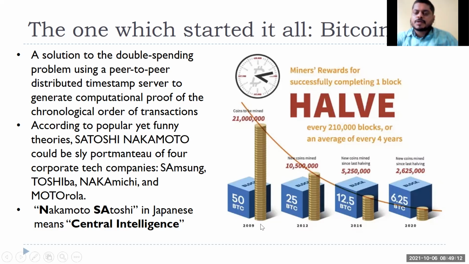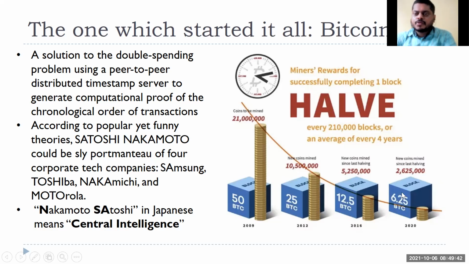So in 2009 to 10, 11, 12, any day you solved that puzzle and verified those transactions, those miners used to get 50 Bitcoin. Then it got reduced to half of that, 25 Bitcoin. That means from 2012 onwards, anytime you solve that puzzle and verify those transactions, you get 25 Bitcoin. Right now, up to 2023 end or 2024,